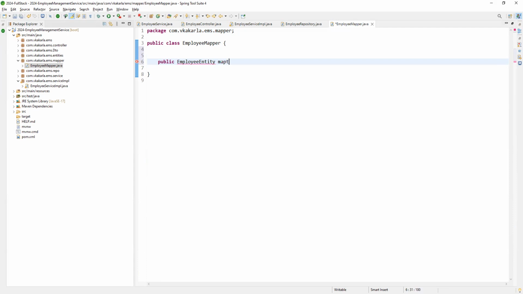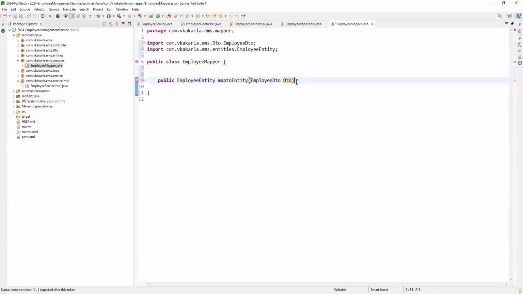Map to entity, from the DTO. It will take the DTO as input. It will convert the